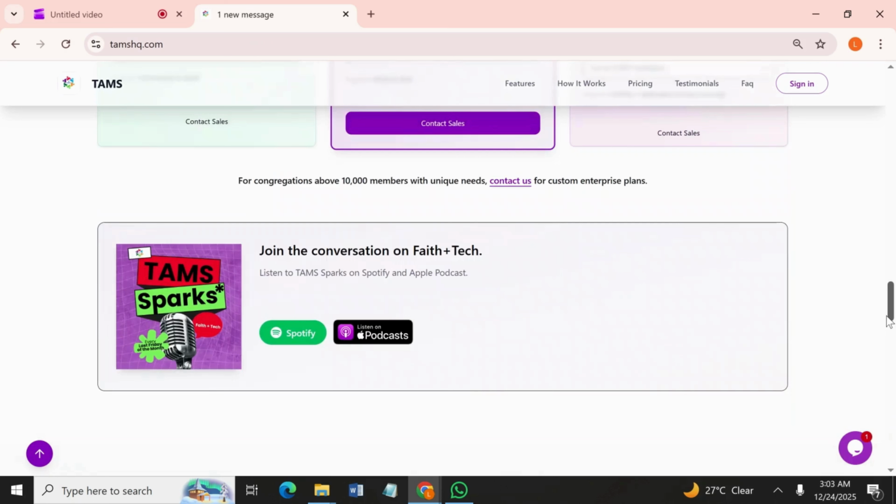We also have a podcast on Spotify and Apple called Time Sparks, where we talk about faith and technology, and we also inspire our listeners to build tech solutions or products for the church community. We have important and interesting conversations with experts and leaders of different industries who come and share tips on how to build your business and how to build faith tech solutions, pretty much any tech solution at all.